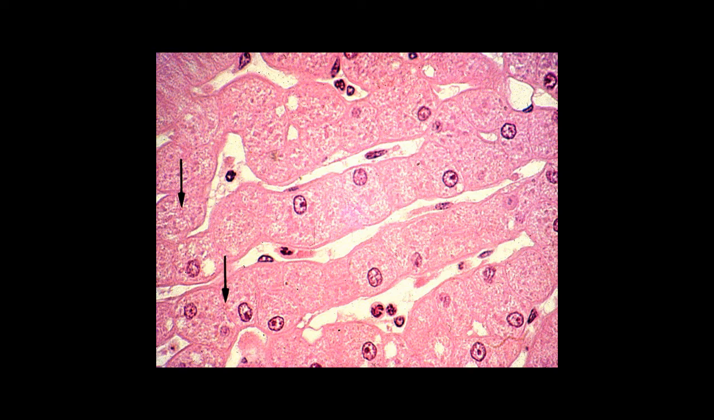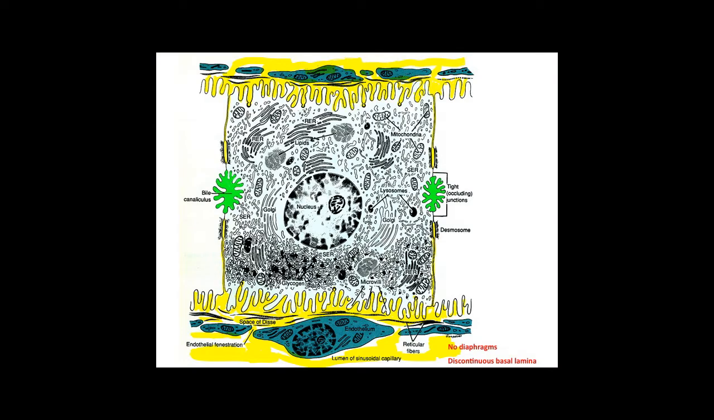Now, something not readily visible on this image, but highlighted nevertheless by the black arrows, would be bile canaliculi, and these would be spaces into which the hepatocytes are secreting bile. This is a diagram of a single hepatocyte. The yellow space would be equivalent to the sinusoidal space, and you can see the green areas would be equivalent